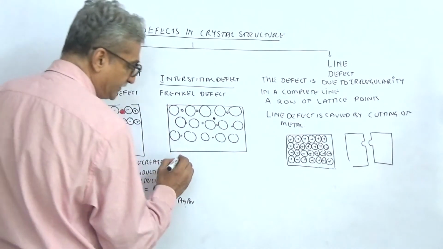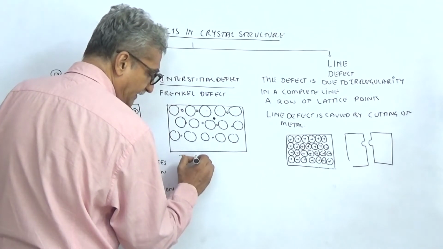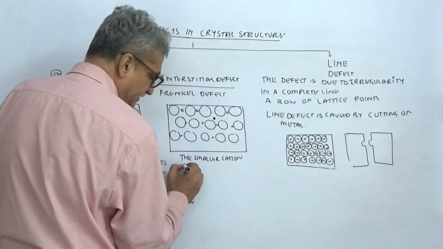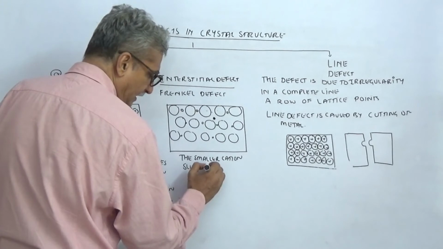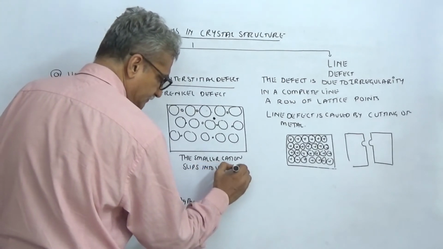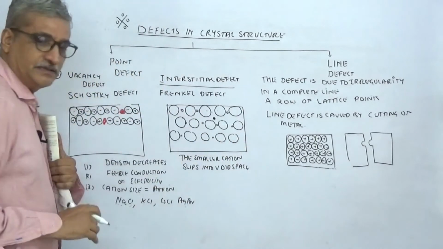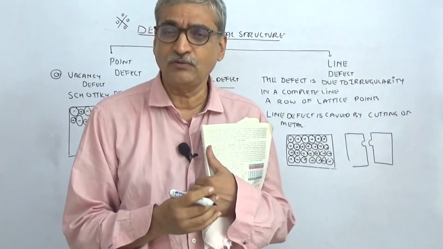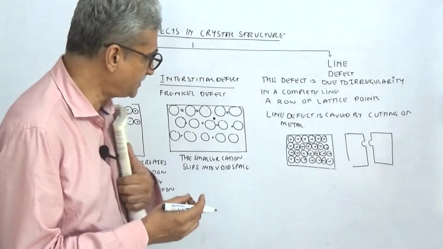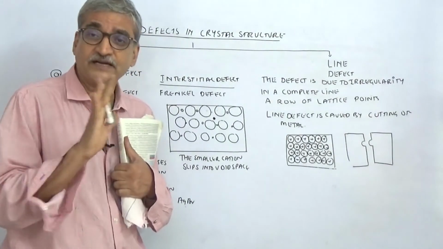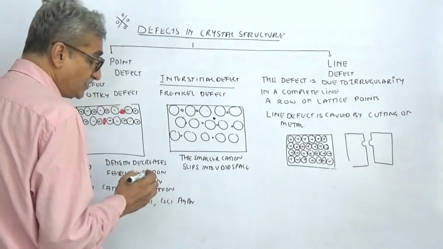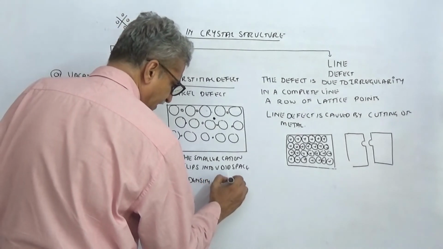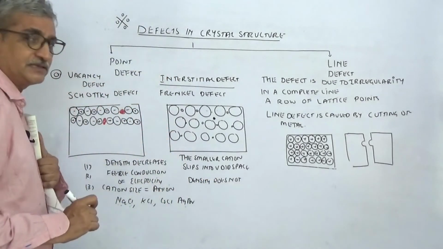So what happens in an interstitial defect is the smaller cation slips into the void space. It leaves its regular geometrical arrangement. So if you say it will slip into the void space, in interstitial space. So remember, there is no loss of cation or anion. Mass remains the same. So density does not change. Density does not change. Again, there will be feeble